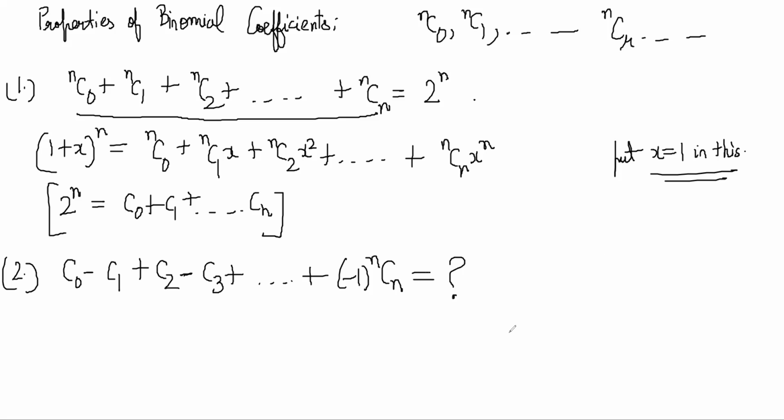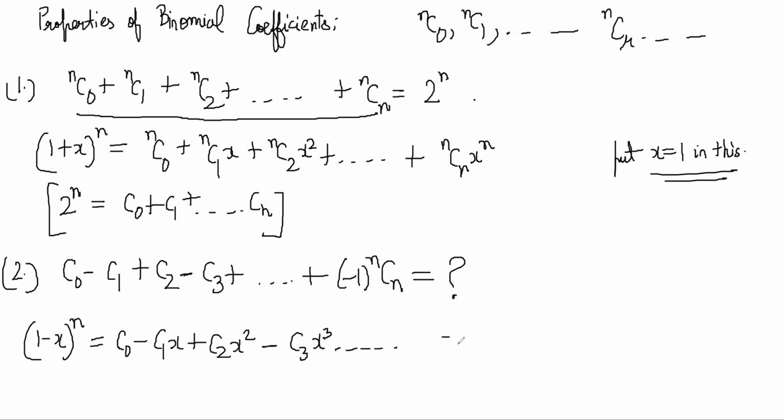Then we had seen the series (1 minus x) to the power n, which is C0 minus C1 x and so on. So when you put x is equal to 1 here, the left hand side becomes 0. 0 is equal to C0 minus C1 plus C2 minus C3 and so on, right? So the two relations together now imply that